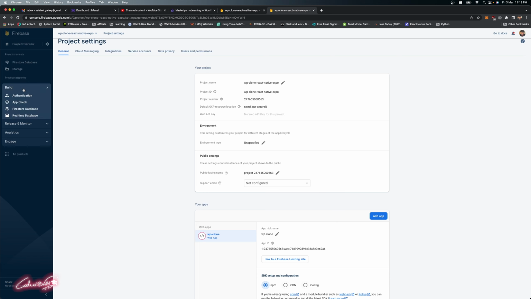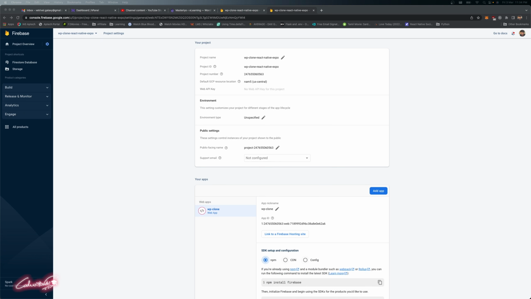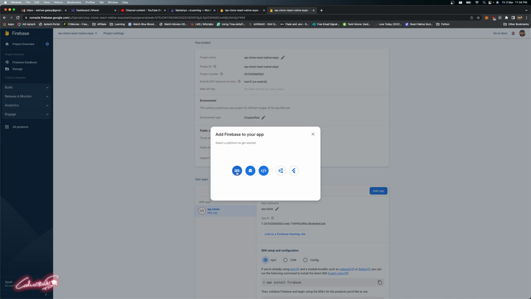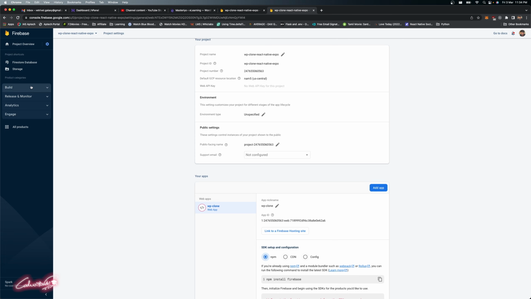Let's get back to the build over here. You can find these 3 icons there: iOS, Android or web app. You need to create a web app. All right, so just go ahead and create a web app over there. Once you're done with this, go back to the build and click this storage